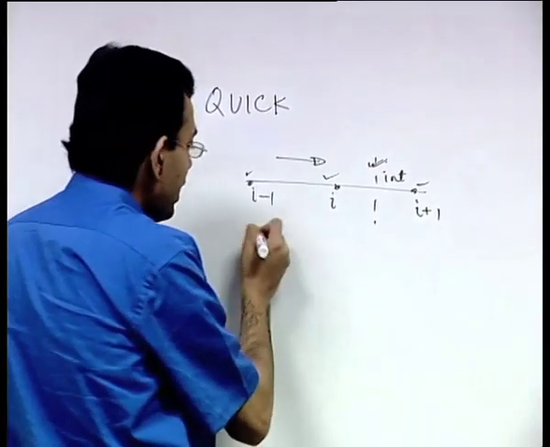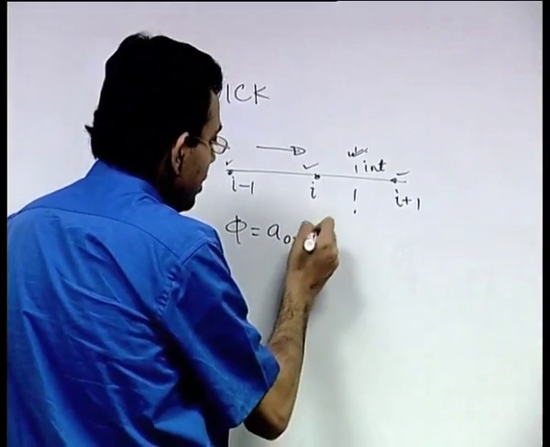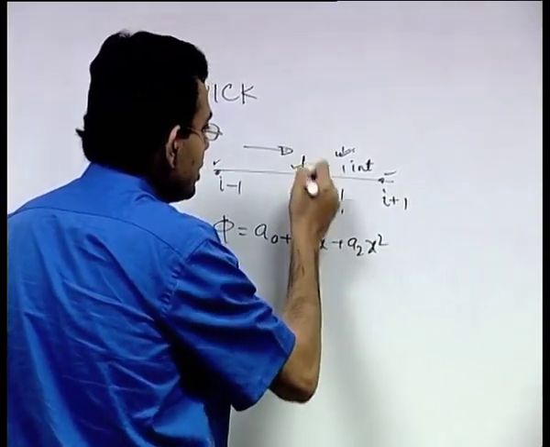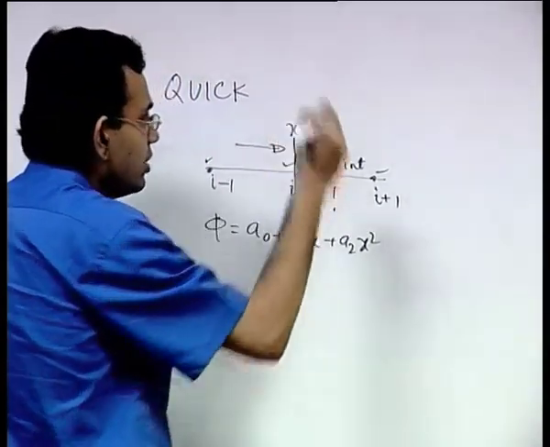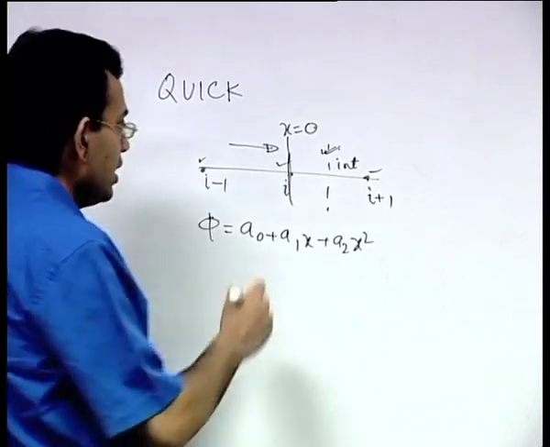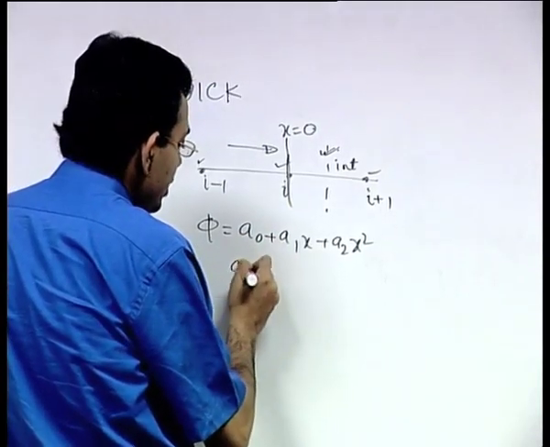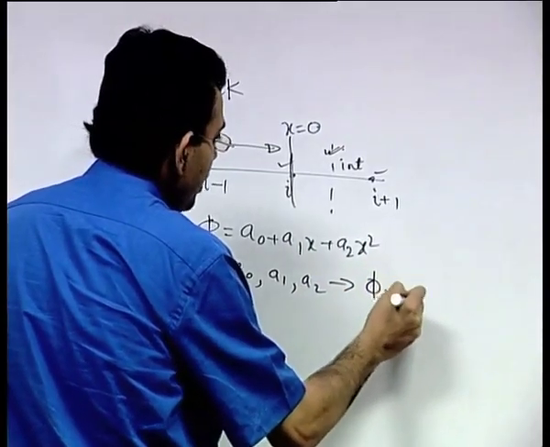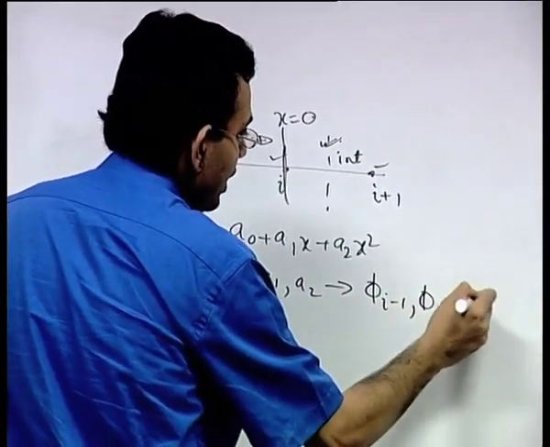So, you can write phi as a0 plus a1x plus a2x square. For your convenience, you can select x equal to 0 here, and then you can write a0, a1, a2 in terms of phi I minus 1, phi I and phi I plus 1,